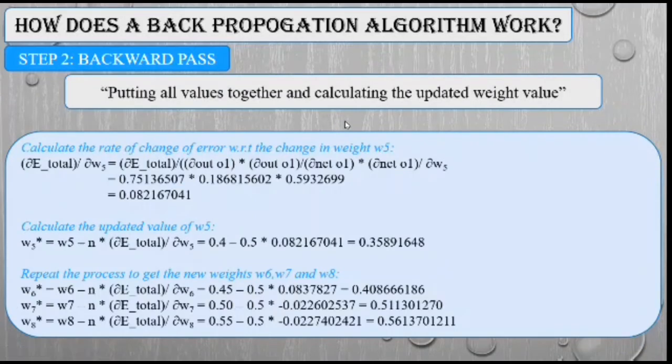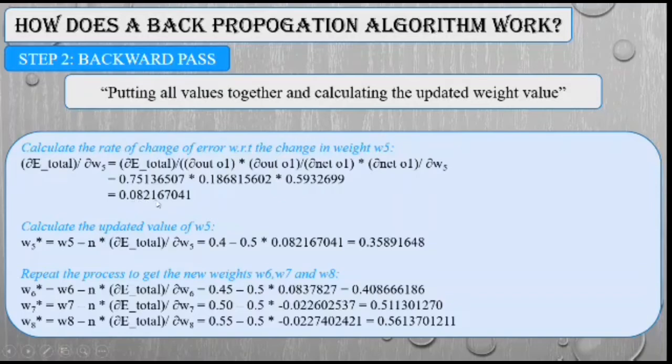To find the partial differentiation of E total with respect to W5, we multiply all these values together, and we get the final value as 0.08216.